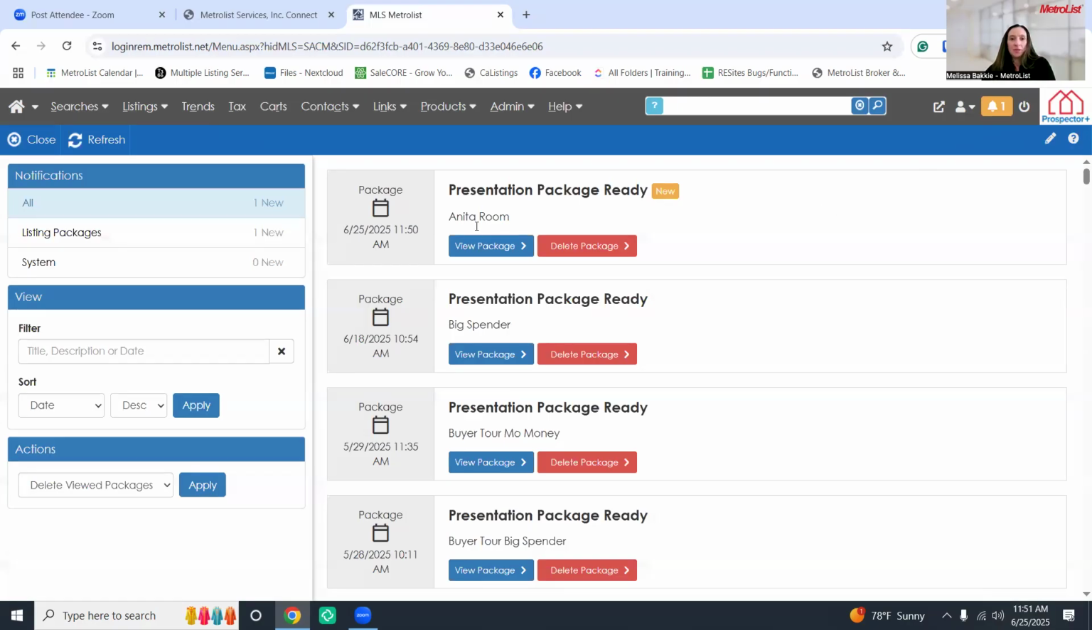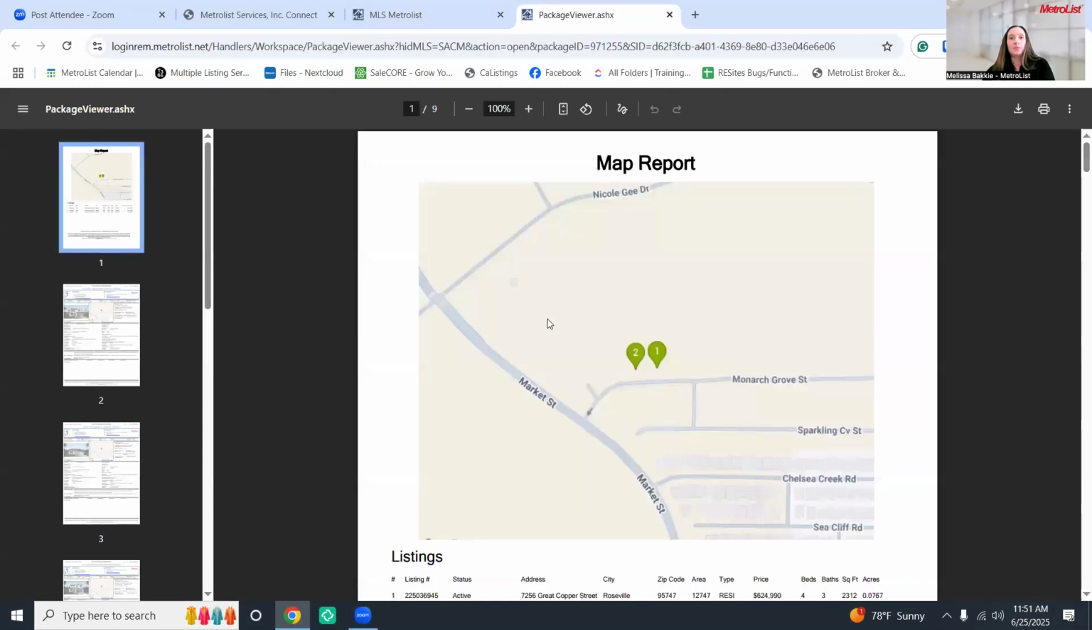Now, you can see Anita Room, big spender, buyer tour for Mo money. All my good clients, right? So I can come in here and search by title, description, or date. So I do recommend naming them just for organizational purposes. But just to show you what we added for Anita today, I'm going to click view package here, and you're